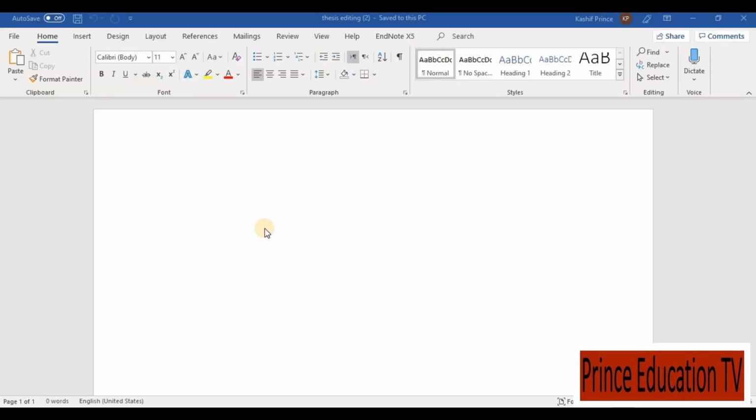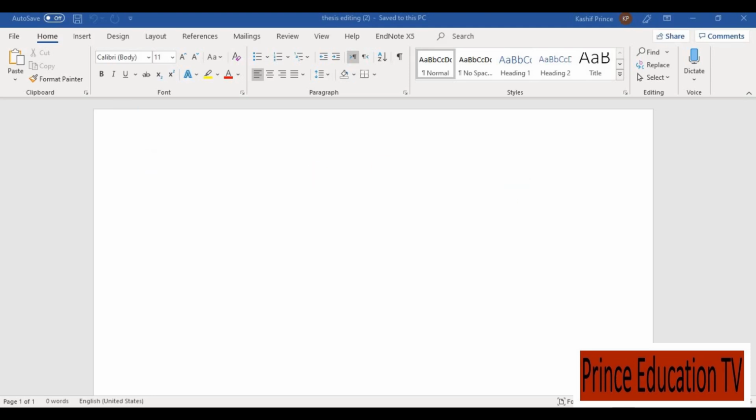So let's start our today's lecture with the basic page setting. Basic page setting is the first step in your thesis writing. So without jumping here and there, you should set up a page according to your thesis requirement. You have to see your university or your school requirement before going to start writing the thesis properly. So I will do the basic settings according to my PhD thesis. So if you have a different type of settings, you can do it very easily.